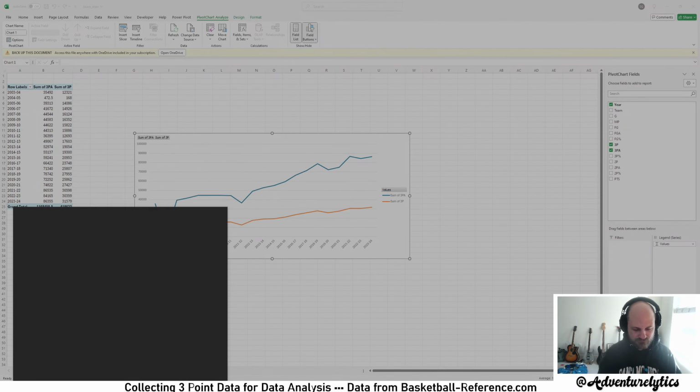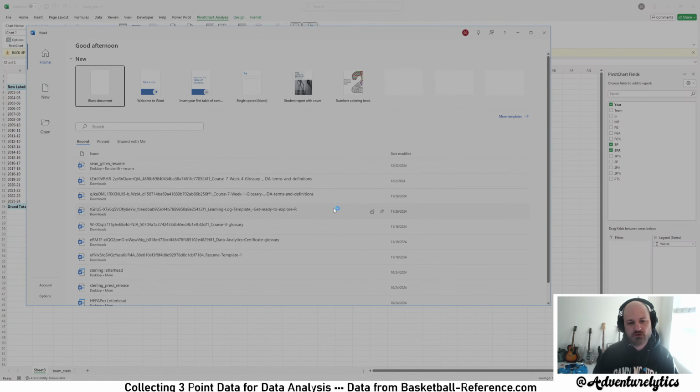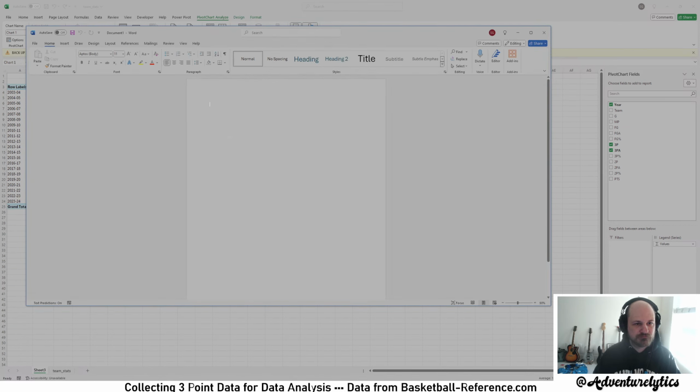So what are our shareholders looking for? Well, they want to know the year-over-year increase of 3-point shots in the last 20 seasons.